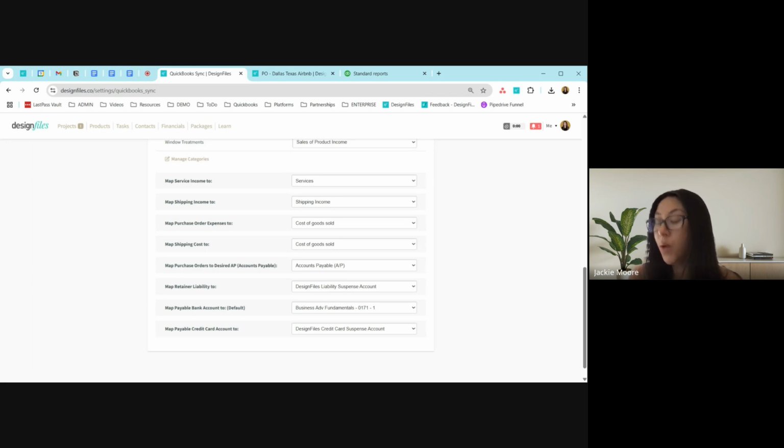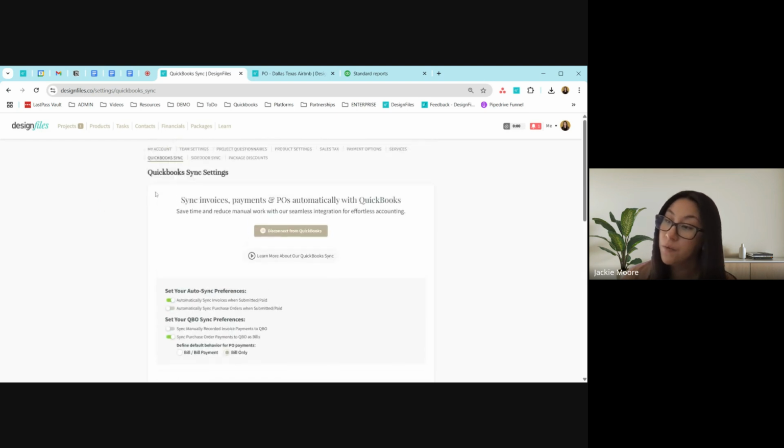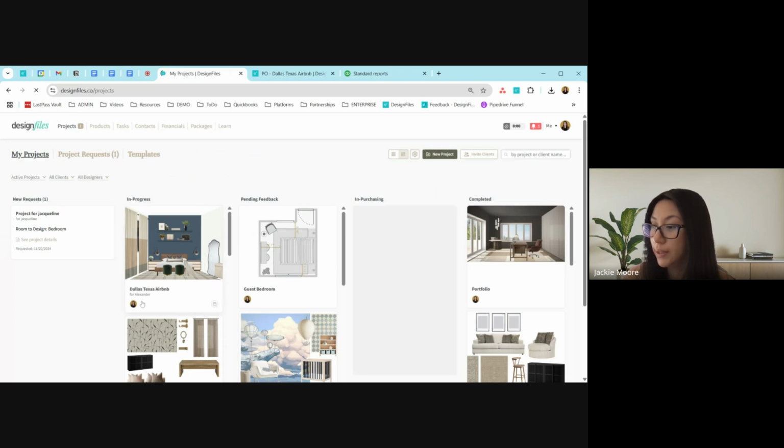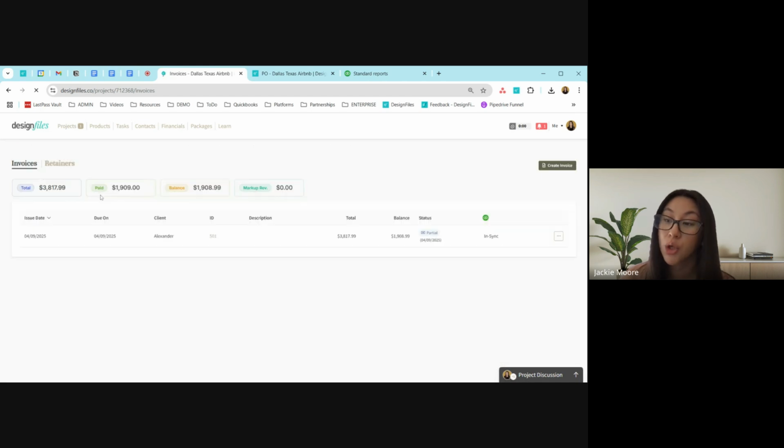Now, one thing that I did quickly want to touch on before we jump into some Q&A is the retainer update. This is new to a lot of you guys. We've recently rolled this out. If we go into a project, and let's go back to this one, within the invoice tab, you will now